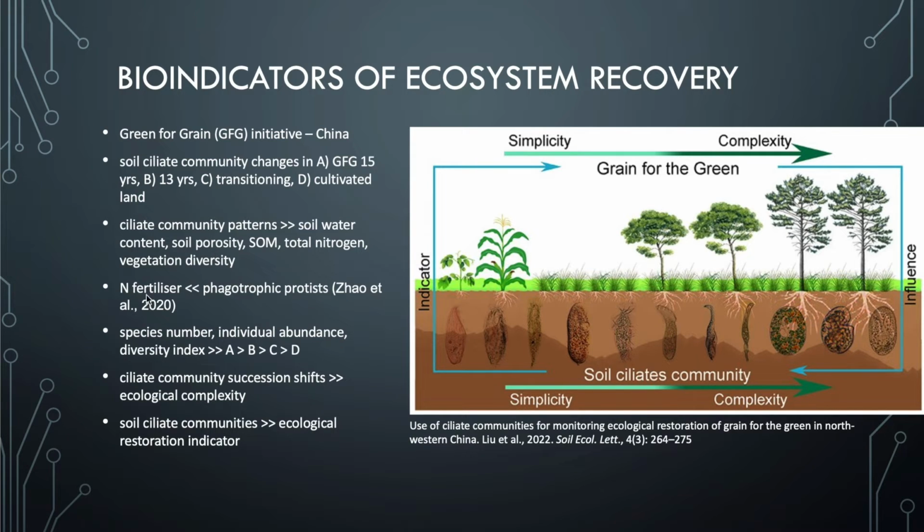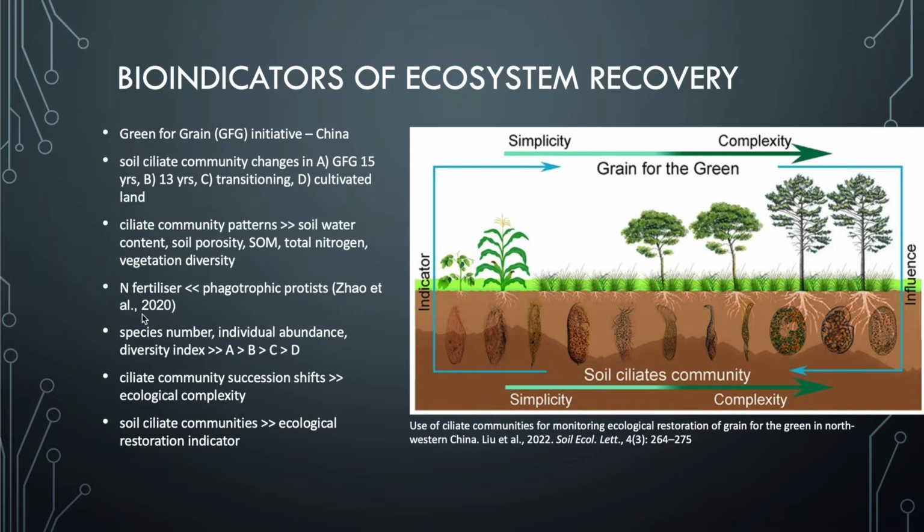It is worth mentioning that nitrogen fertilizer is another great disturbance that significantly impacts phagotrophic protists. And this is in another study that was done specifically on the effects of nitrogen fertilizer on the soil community, finding that the very organisms that are supposed to release nitrogen from bacteria in the soil actually end up being removed from the ecosystem. And this total nitrogen here just means nitrogen that develops naturally over time with plant succession. Very different to adding nitrogen fertilizer in a nitrate form and actually killing the organisms and sterilizing the soil.